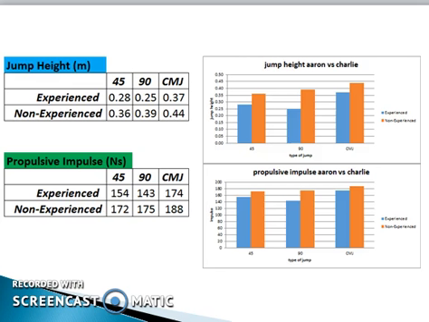And so as you can see here, Charlie had a higher jump height than Aaron in all angles and the countermovement jump, and had a higher propulsive impulse. And this could have been because of the stretch shortening cycle,